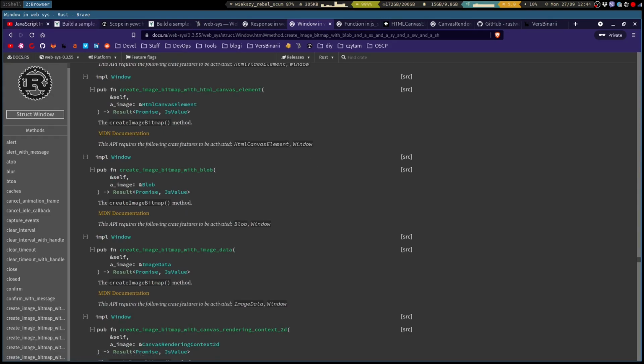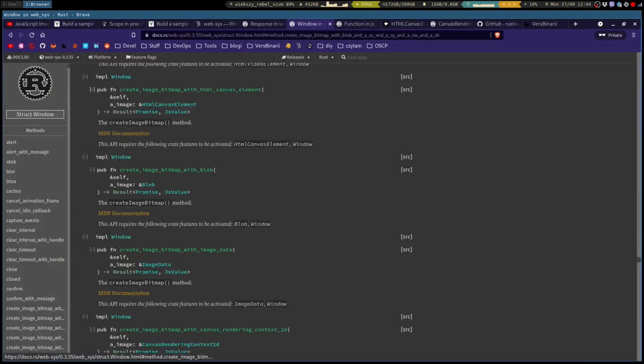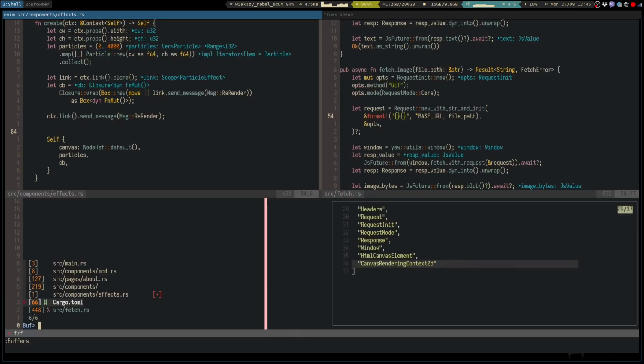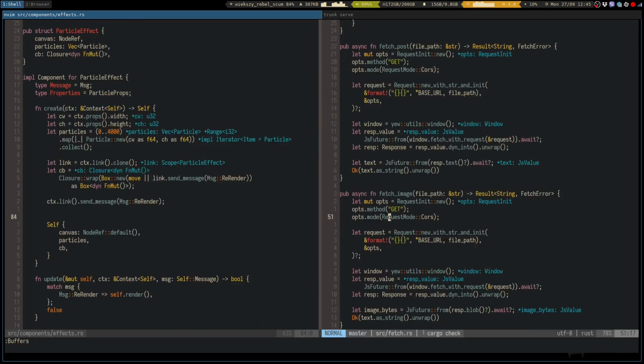We just get a blob from our request here. We get image bytes. With canvas element, we need blob and window. So that means we need to, so that's our